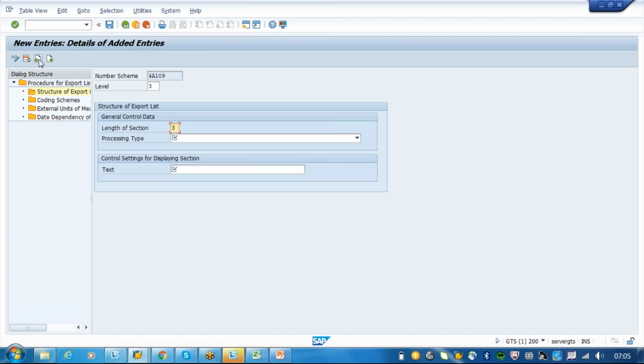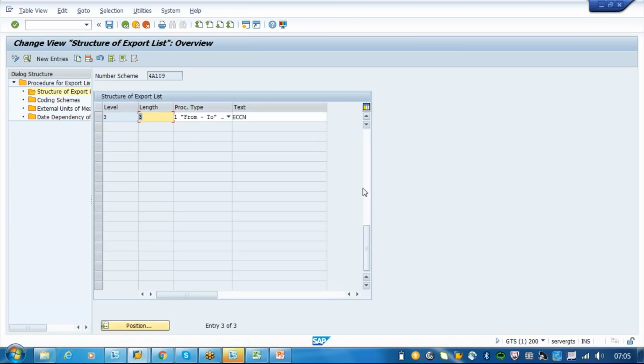Third section. This is from range to range. After validity we have ECCN. So this is the format that we want. Okay, so first is chapter, second is validity and third is ECCN. So these are all articles according to the manual required.